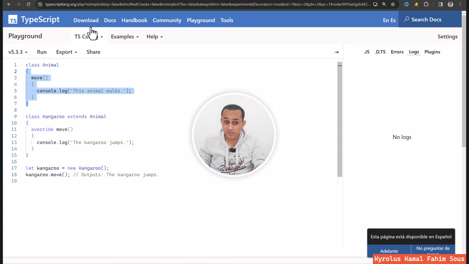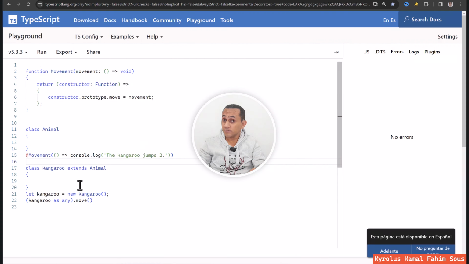So let's see the same thing with a decorator. We have defined a function here, and we use it as a decorator here. Of course, we removed the movement from the basic class. Suppose we have many things in this basic class, and we change the movement of the kangaroo to jump using this function.